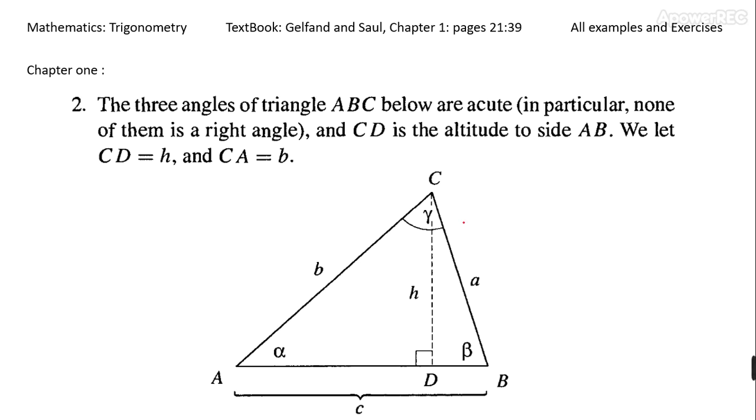Now the theorem can be written down like this: a, which is this side of the triangle, divided by sine of A, which is A being